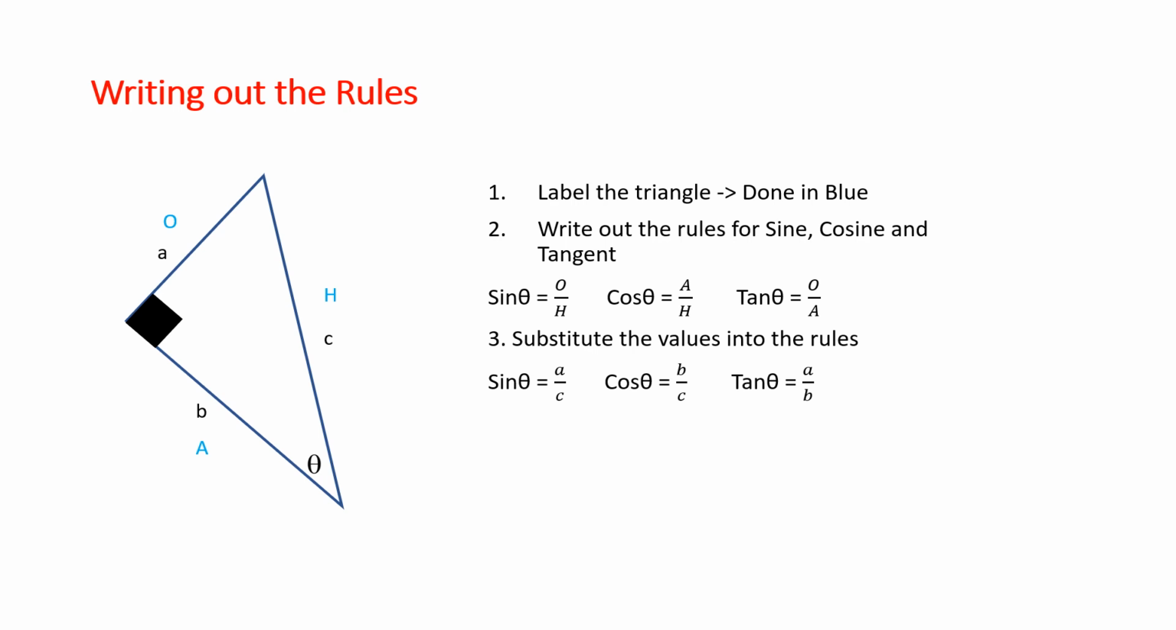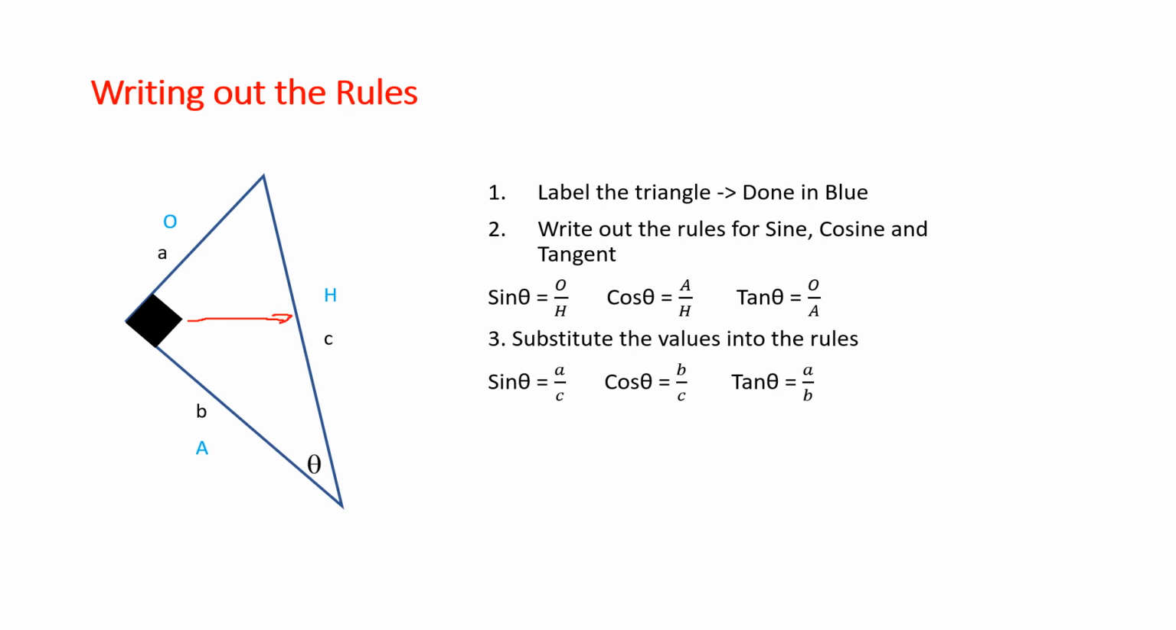The next one is we want to actually write out these rules, okay? Actually trying to figure out which ones go with which. It's a really important step. So the first thing you always have to do is label your triangle. So you have to go through and label. We can see here, step 1, label the triangle, and we've done this in blue. We've gone, all right, here,